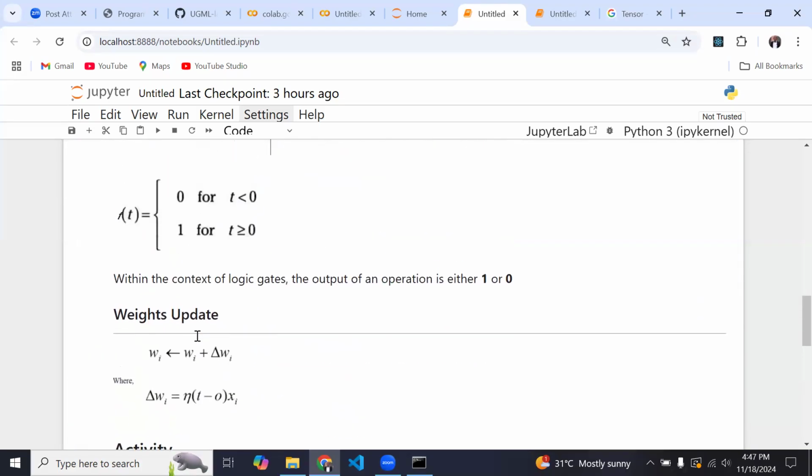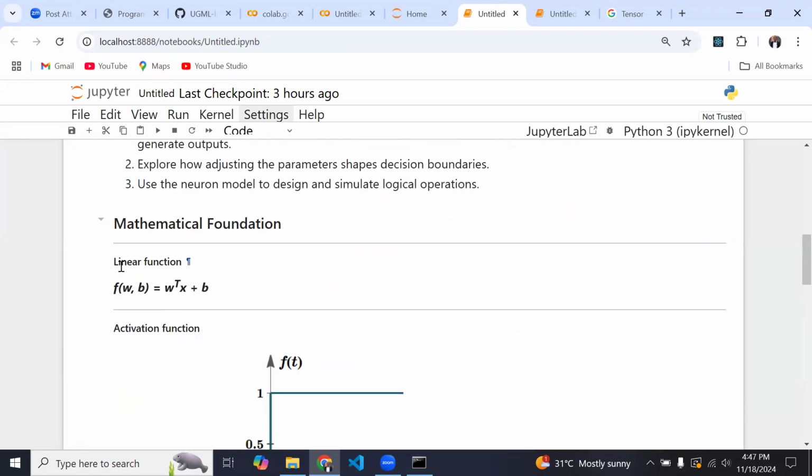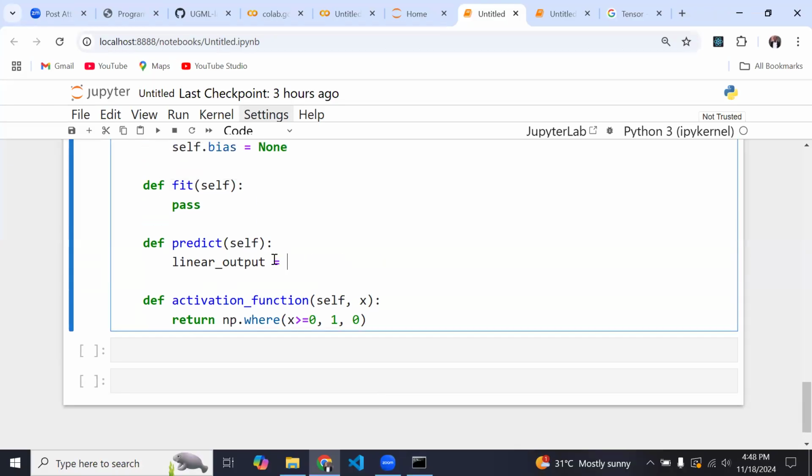So now the prediction is pretty much simple over here, because at the end of the day, the prediction is actually going to be from this function, okay? So yes, the linear function will set in, where we are going to accept the input and the weight, do the dot operation, and then add the bias to it. So having said that, we can come in here and I can say the linear output is going to be equal to,